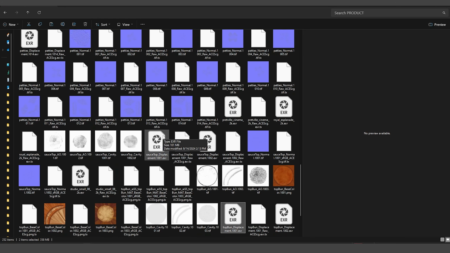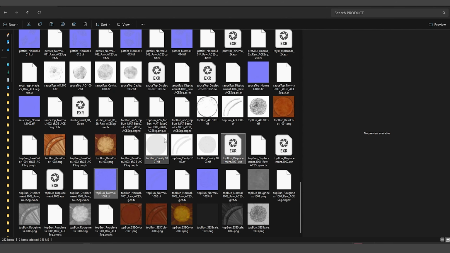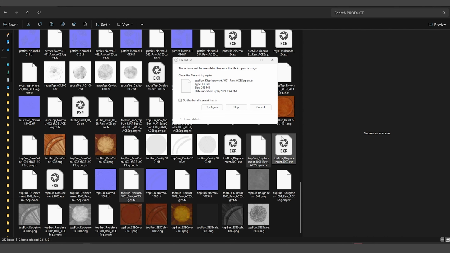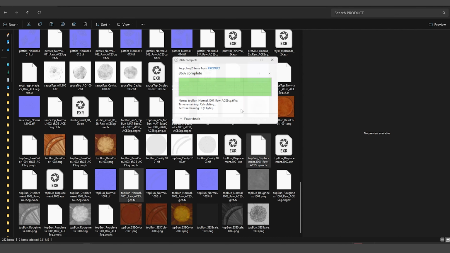Now, one thing I used to like to do back in the day, until I figured out the proper way to do this, was just to make sure that Maya picks up the new file. I'll just delete this TX file that Arnold creates. This would force Arnold to say there's no TX file, so I have to regenerate it, because at that time I didn't know you could flush the texture cache in Maya and force it to reload the file. So I would go ahead and delete these two files. Well, this is telling me that it can't do it because the file is in use in Maya, but that's fine. I would have shut off Maya and then deleted them. The proper way to do it